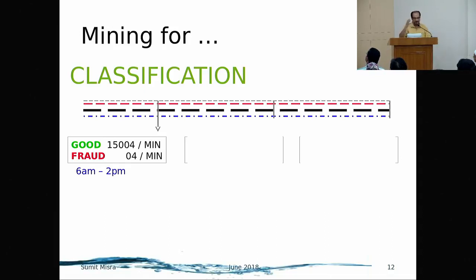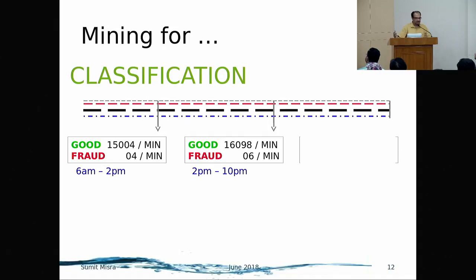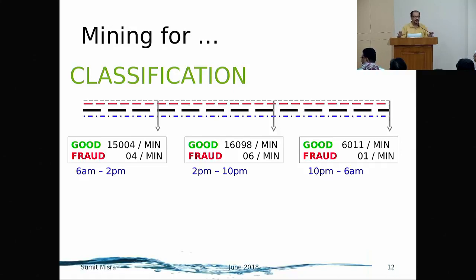That means the stream is going up, and it is from 6 a.m. to 2 p.m. We are trying to get how many were good transactions and how many were frauds. That's one. Then after a while you want to get another set, and after another while another set. If you look, does it look the same? It definitely changes. If you look underneath the entire system, as if there is a model which generates this, you cannot see it, it's a conceptual thing, but it is not uniform, it is changing.